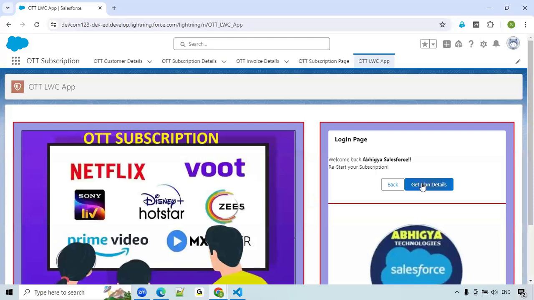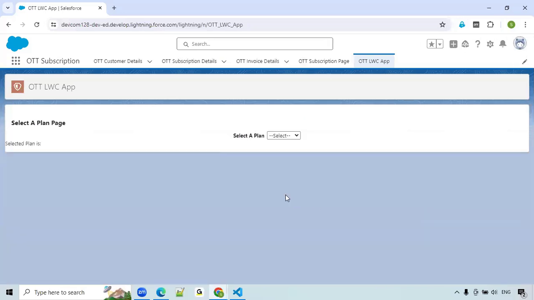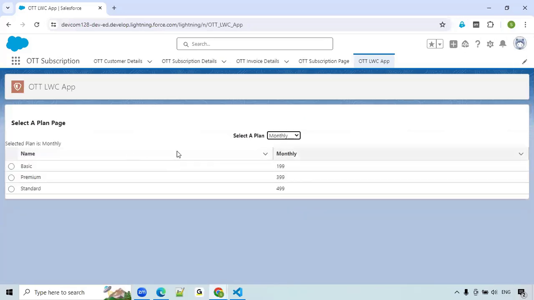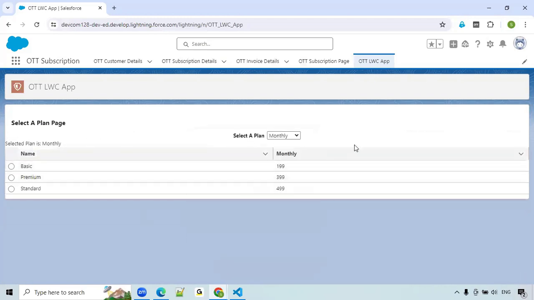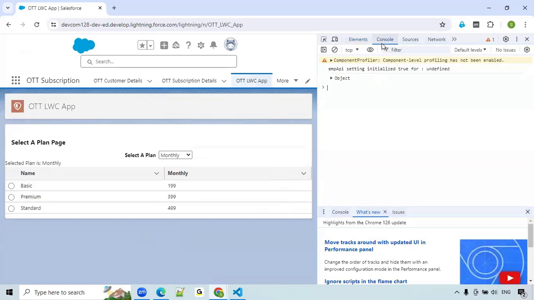Click onto the login, click onto the get details, select a plan. Now here we are selecting the monthly plan. Plan type is the monthly plan. Okay, if I select the premium plan,